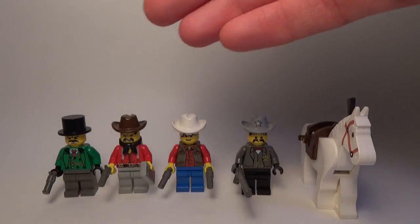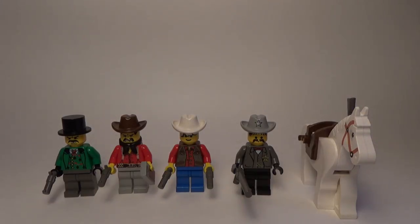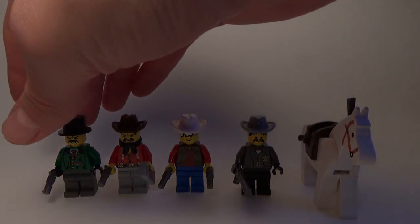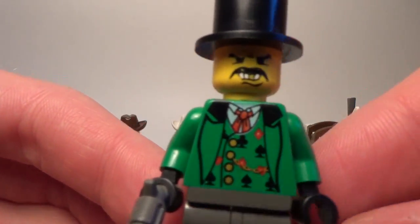You'll see that there is a bit of wear on these minifigures, and the reason is I got this set used from my local privately owned Lego store, Brick Toys Jouet, and basically I bought it for a play wear condition, so it wasn't a fully mint condition, but they are anyway in a pretty good condition. You might just notice a little bit of printing erased at a couple places,